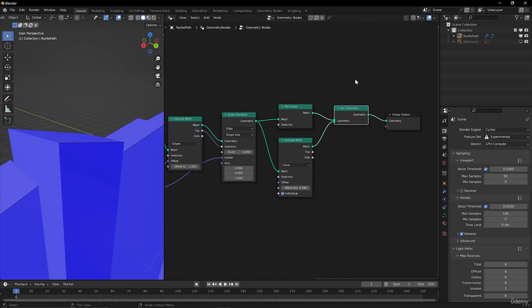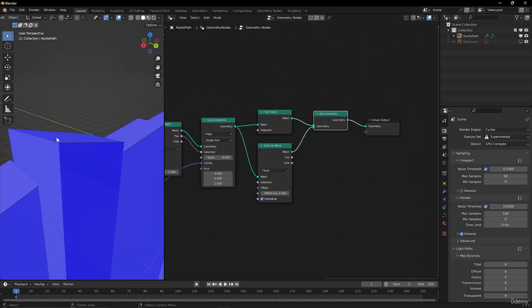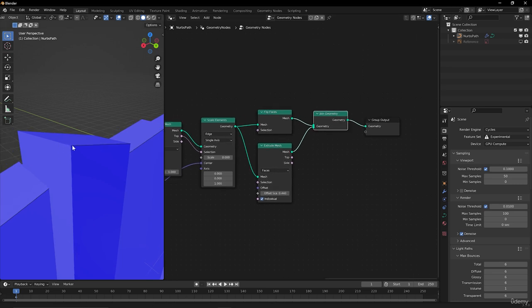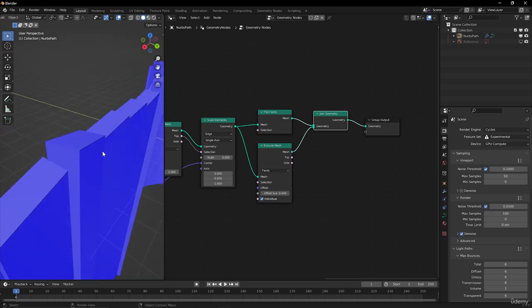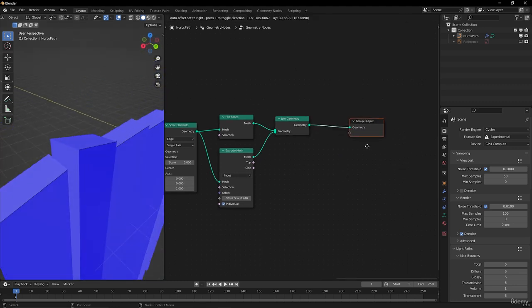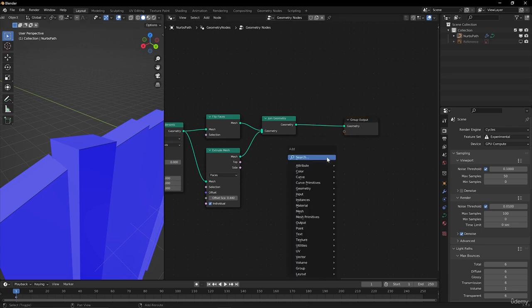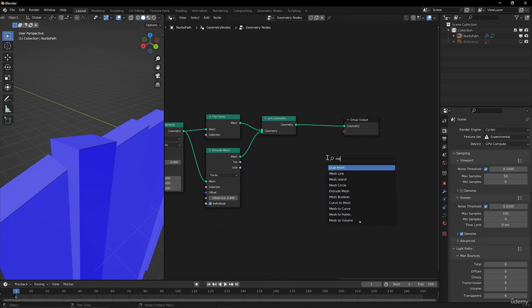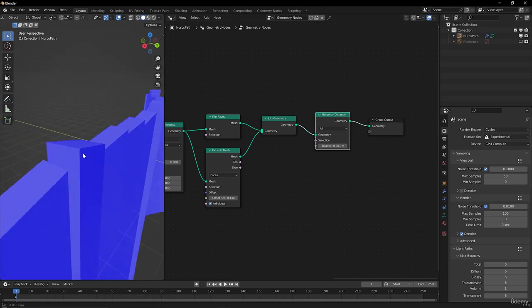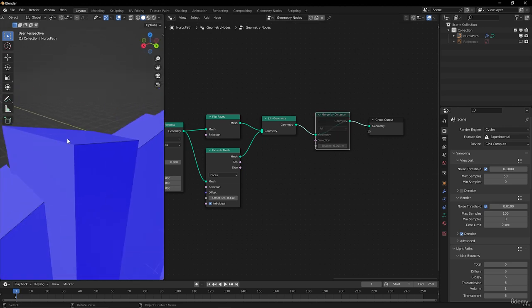But that's very easy, how to connect geometry which is almost connected, when it's at the same position. With a merge by distance, you would connect them usually, and you can do this exact same thing here. There is a merge by distance node, and now they are connected,